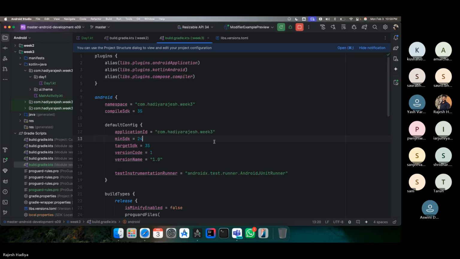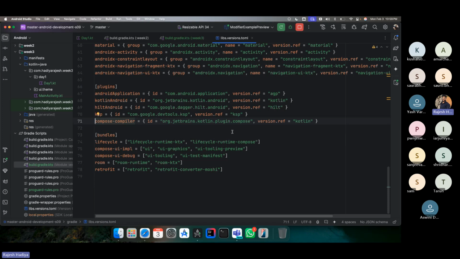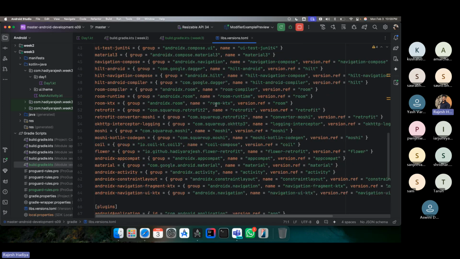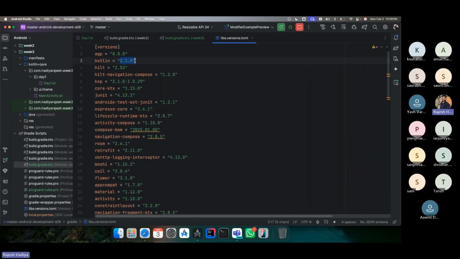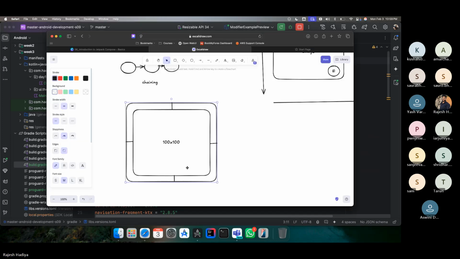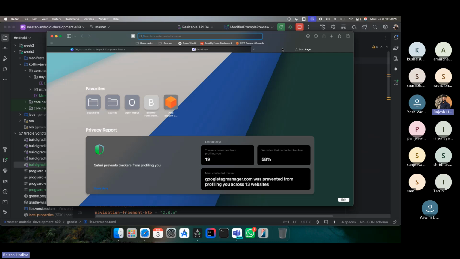So this Compose compiler plugin was tightly attached to the Kotlin compiler. Whenever they released a new Kotlin version, the Compose team had to release a new compiler version as well, even if there was no change, because it was tightly coupled. Let's say for Kotlin 1.8.0 there is a plugin, for Kotlin 1.9.0 there is a compiler plugin, this sort of thing. Now, Compose started getting popular, and JetBrains is working on